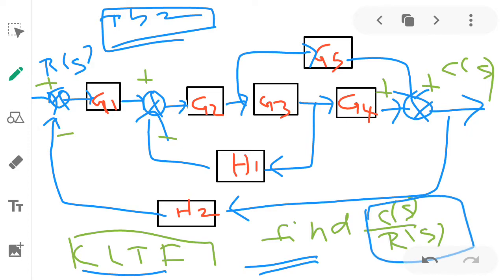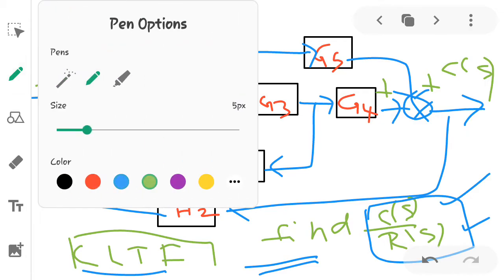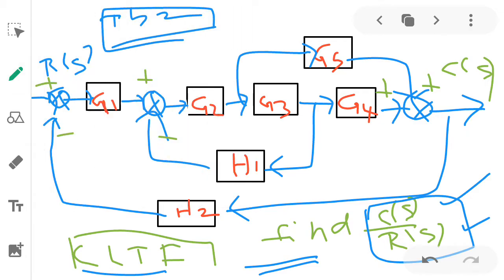We have to apply rules one by one depending upon the block diagram that is given, and then reduce this whole setup into a single block which relates the output to the input. That is what you are going to do now. Now, if you look at this block diagram, you think of all possible ways in which you can apply